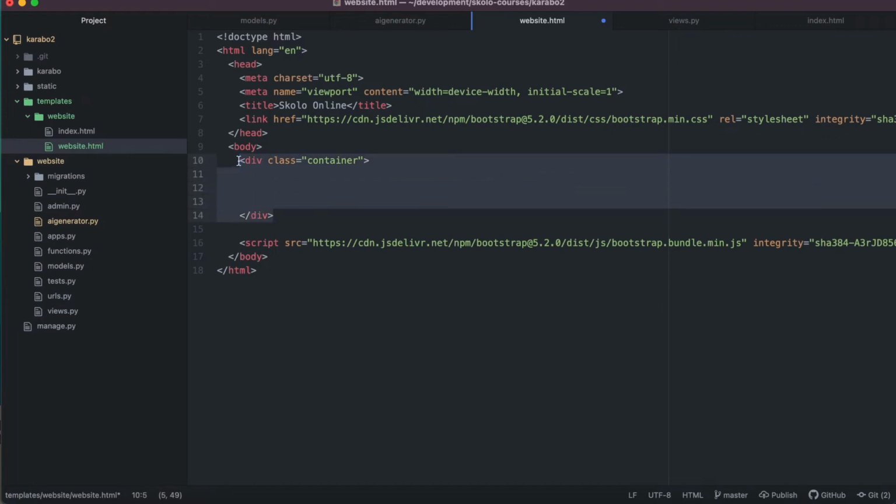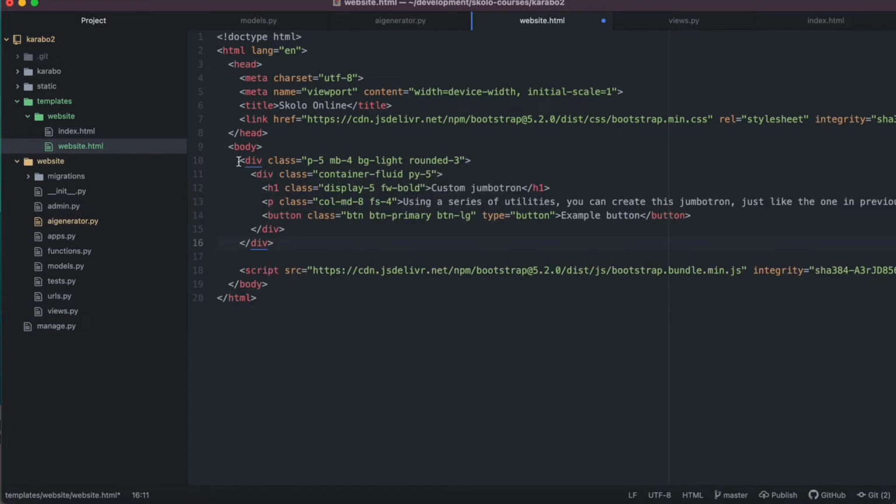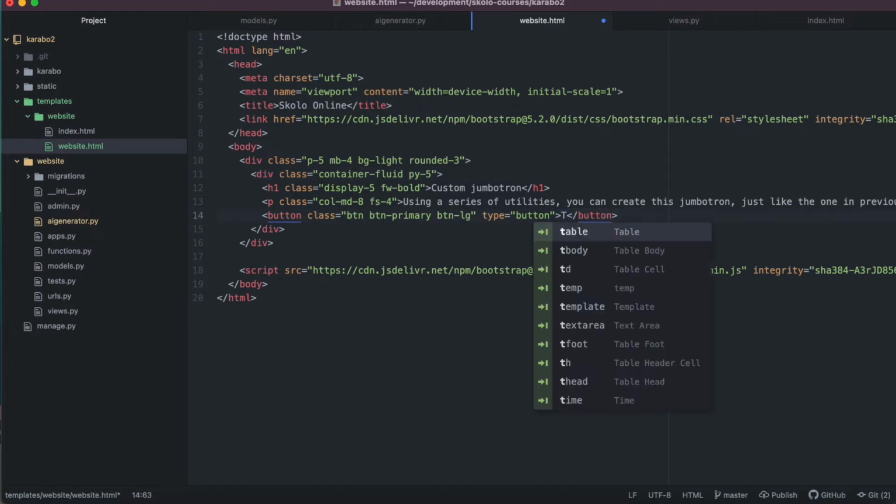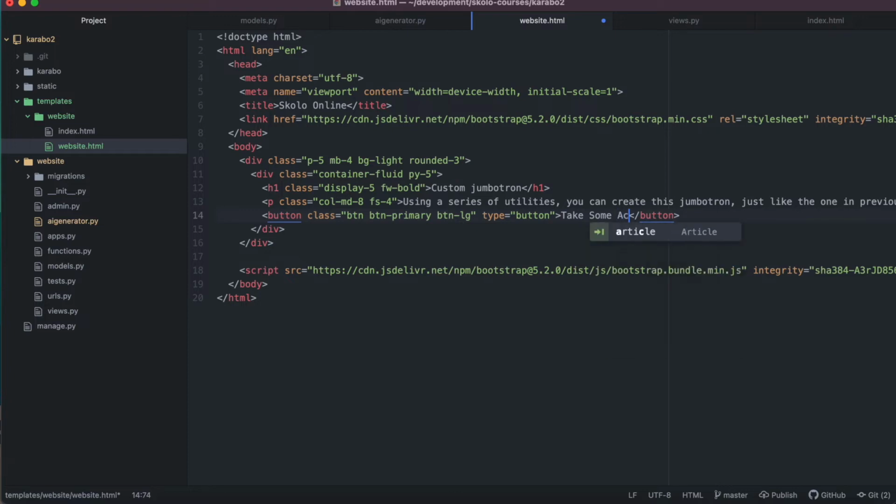looks like I must put this outside of a container though. Yeah, because the container is this one, and then this one is the title, this is the paragraph, and then this is the button. So let's call this button, you know, take action. Take some action, right? And then this Jumbotron,